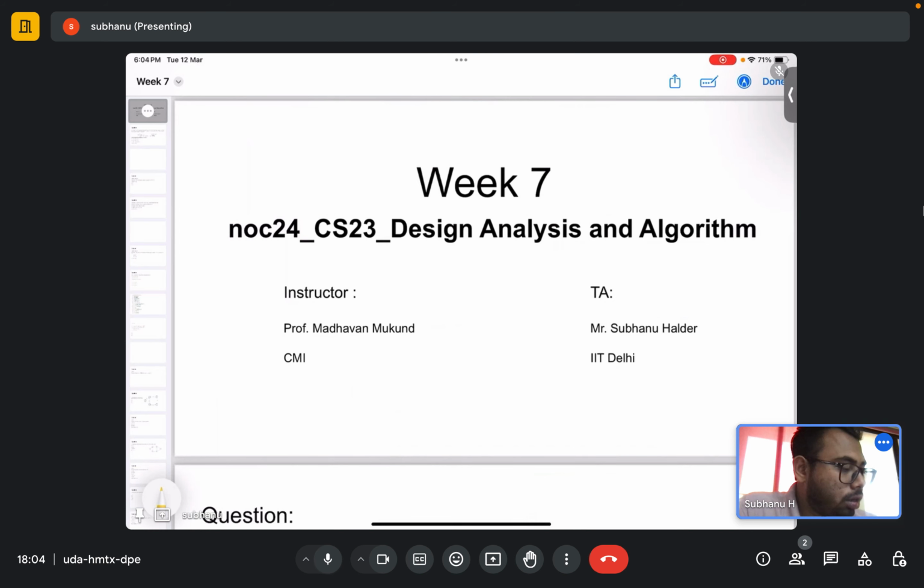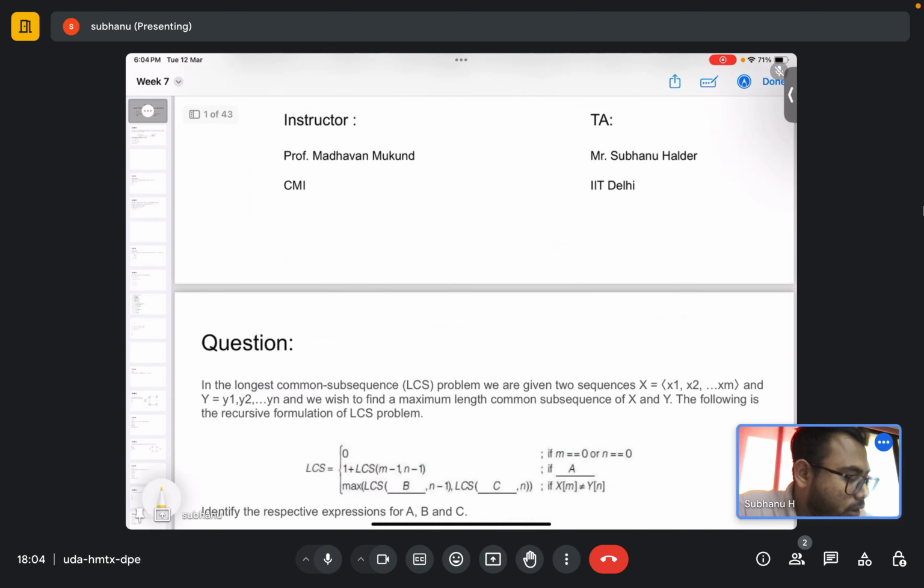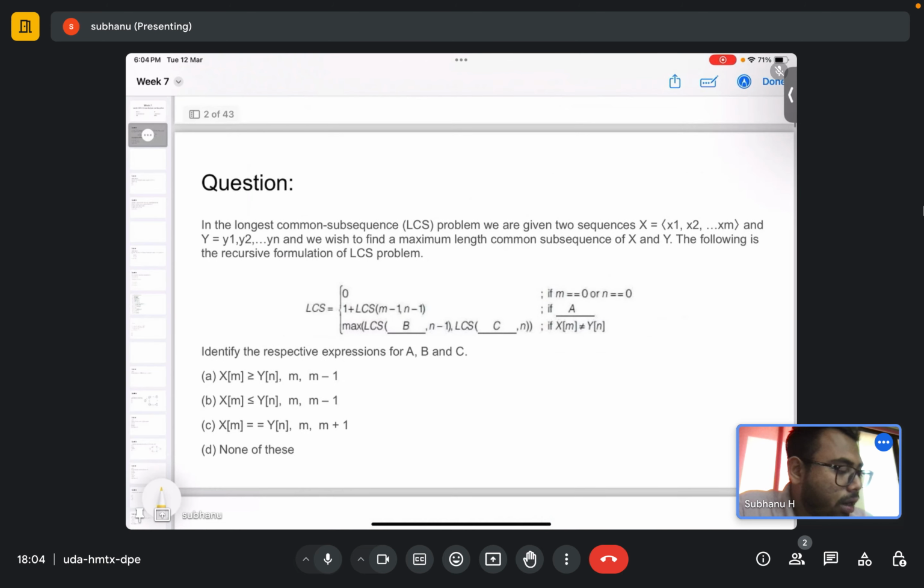As in this session we try to solve some questions, we will be doing the same for this week also. This week we will try to see dynamic programming. In dynamic programming we try to solve by two approaches. One is bottom up and one is